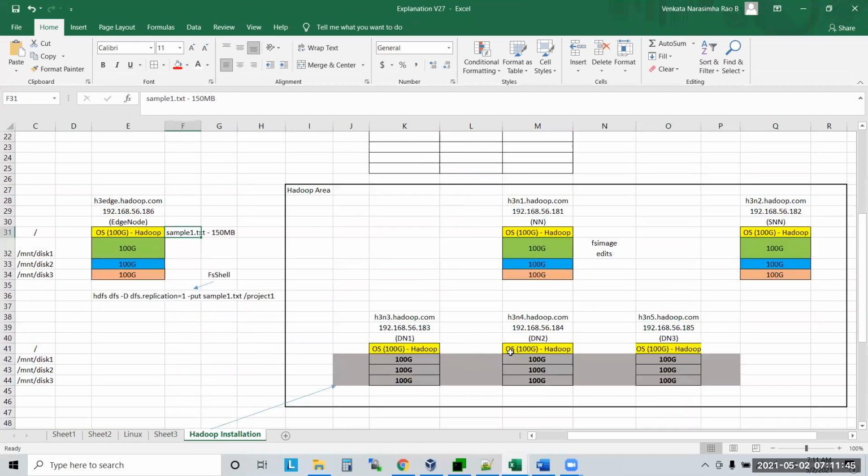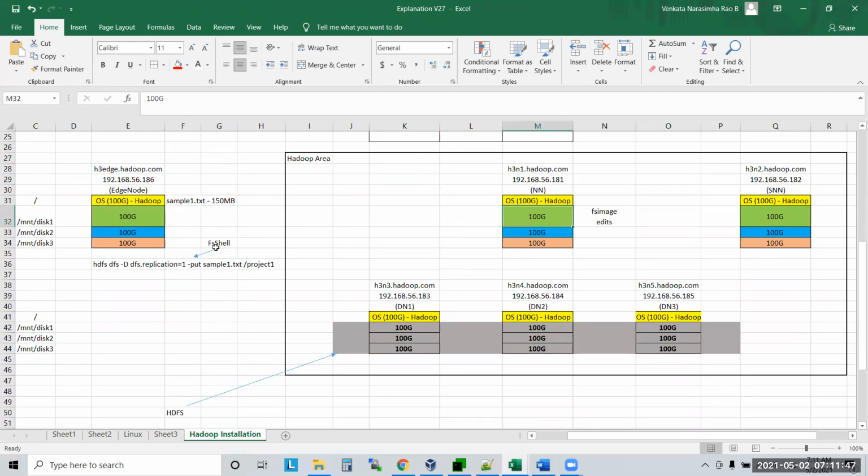So now what will it do? The name node now has the confirmation that I have enough space to put this file, and that I don't already have this file existing. So what will the name node do? It tells FSL, okay, I accepted your request. Do one thing: cut your data into pieces.